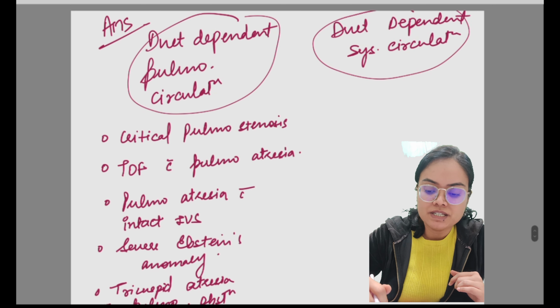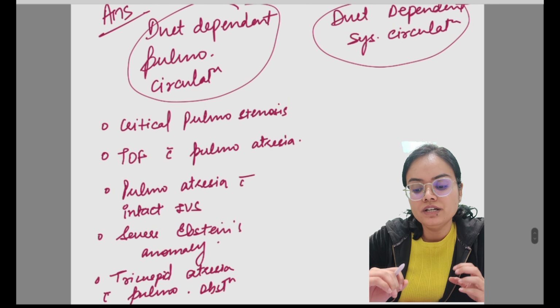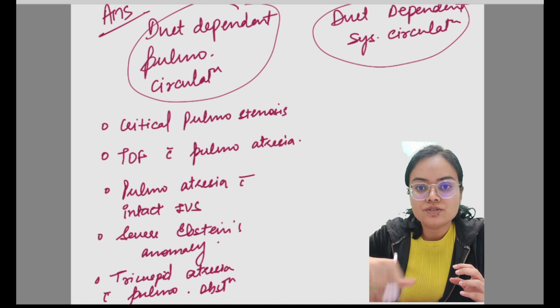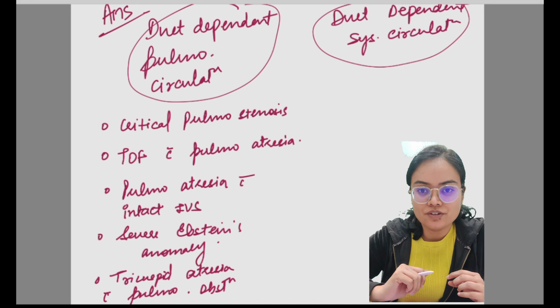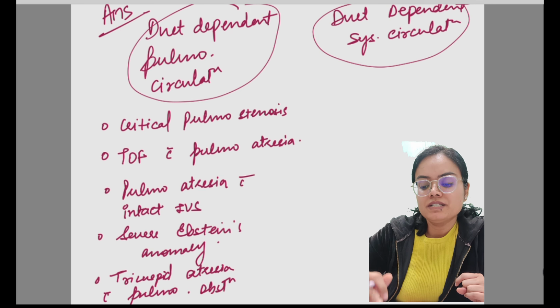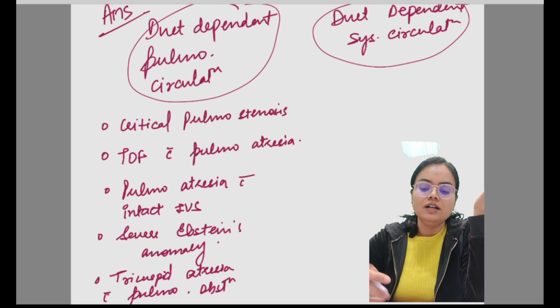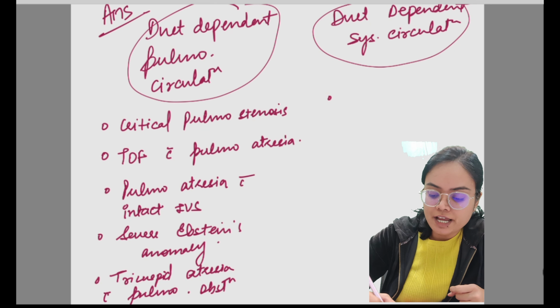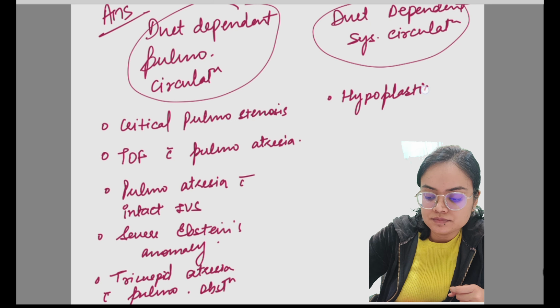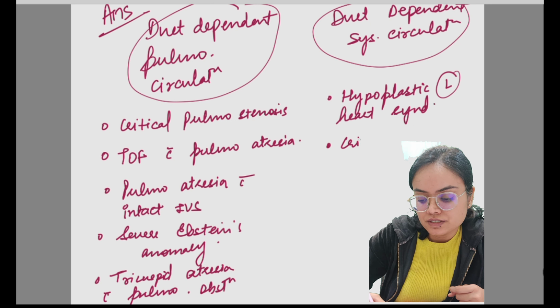Then duct dependent systemic circulation. When there is systemic circulation compromise, then these ducts are important because to restore the circulation of the whole body. What are these conditions where systemic circulation is affected? When there is obstruction to the left ventricle outflow. What are these conditions? First is hypoplastic left heart syndrome, critical aortic stenosis,